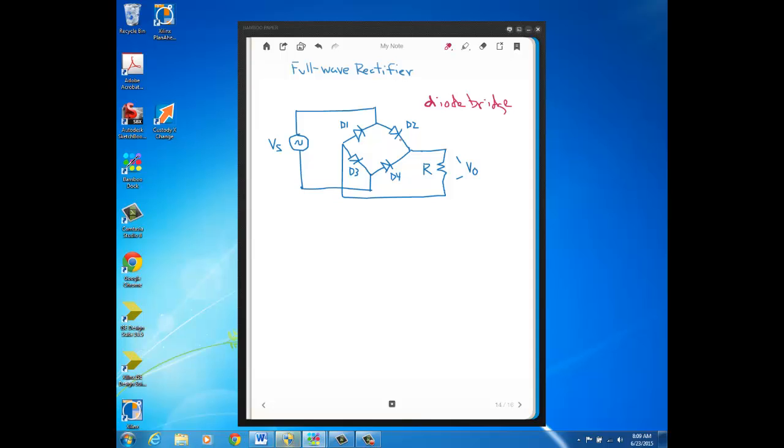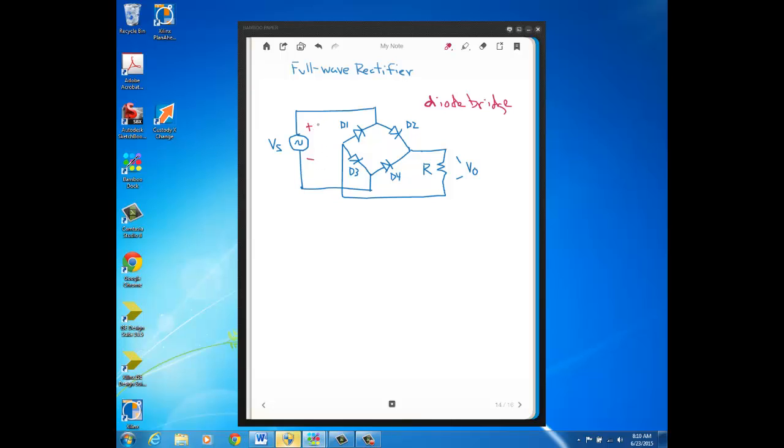So what we're going to do is analyze this circuit the same as what we did with the half-wave rectifier, the same approach, where we look at how the current will travel through this circuit for each half cycle of the source. So we'll start with the positive half cycle, and as we discussed previously, and as you learned in your circuit theory, your EE201 in class, the polarity across the AC source during the positive half cycle is that the higher end voltage is on the top of the source and the lower end voltage is on the bottom of the source. So current is going to want to flow from the higher end to the lower end,